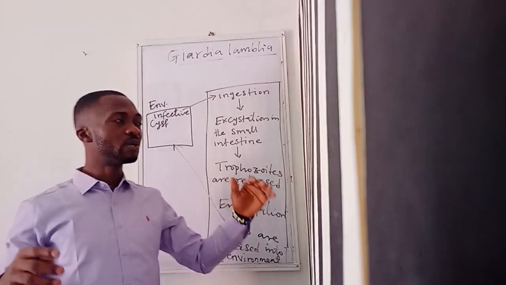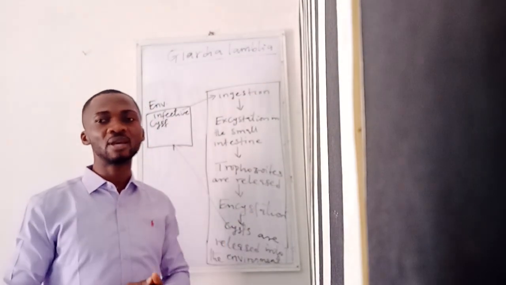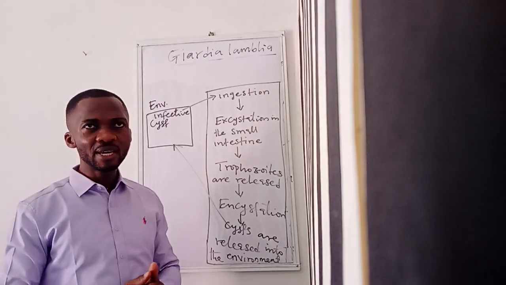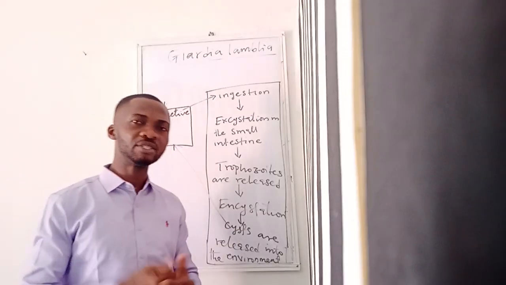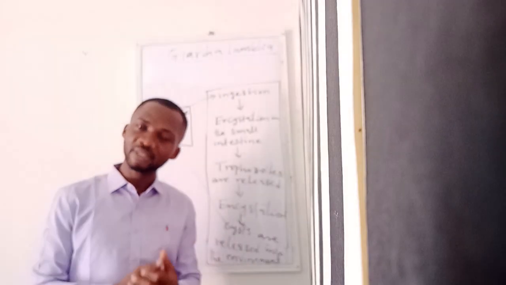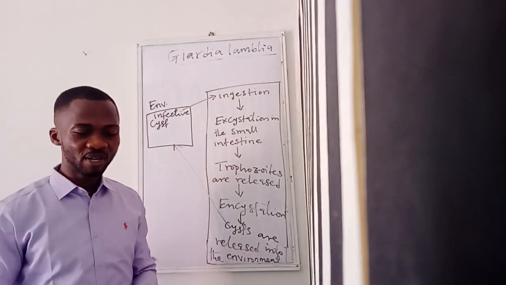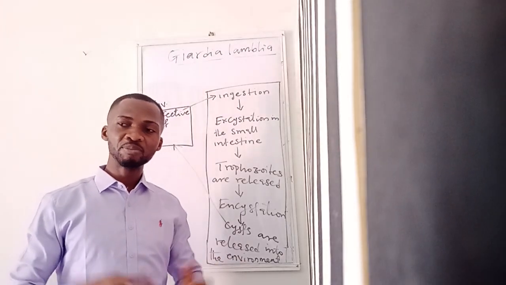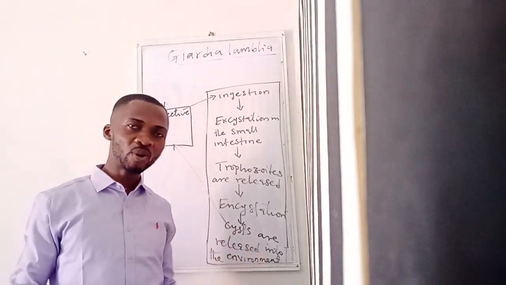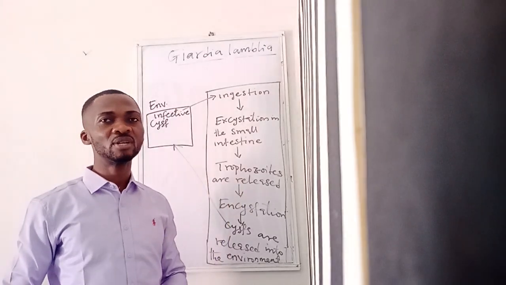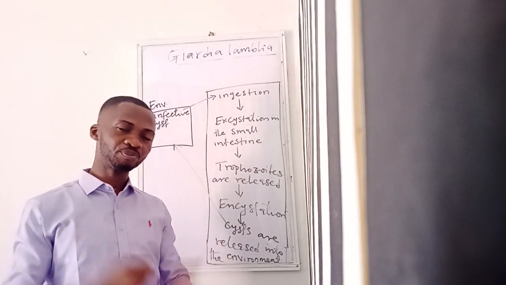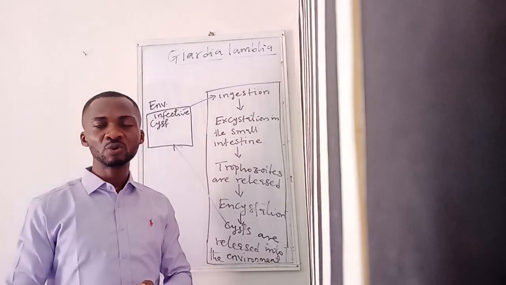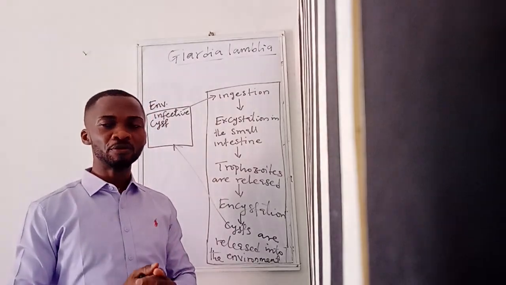Then, when it comes to treatment, metronidazole can also assist. The same metronidazole that we use in the treatment of amoebiasis can also serve in this case. Then, prevention and control: personal hygiene, personal hygiene. Personal hygiene is critical, and human feces should not be used as manure. People should also wash their hands when they are done going to the toilet. Then, when you're back from school or from work, wash your hands before you take your food, because